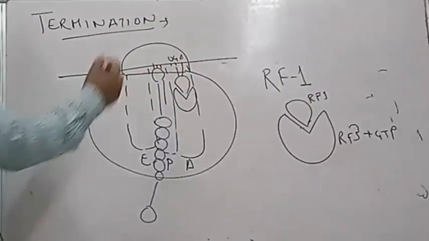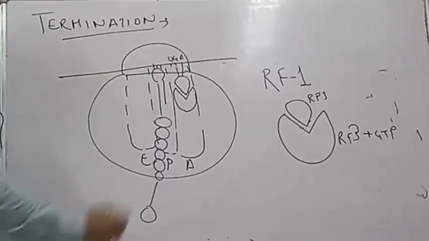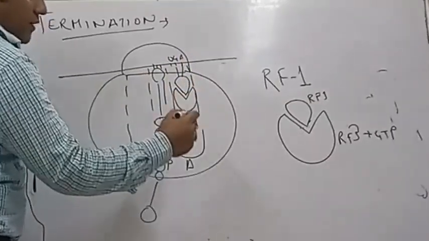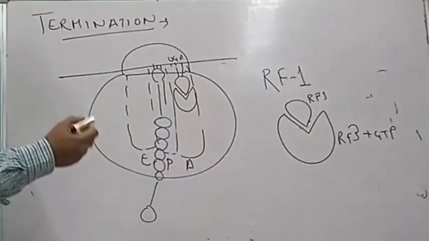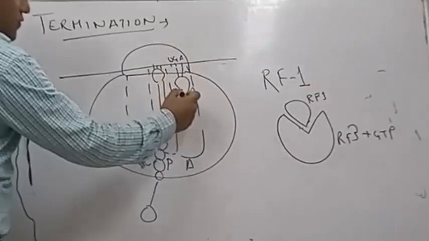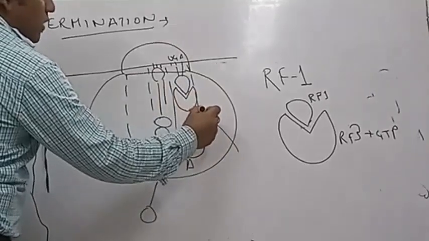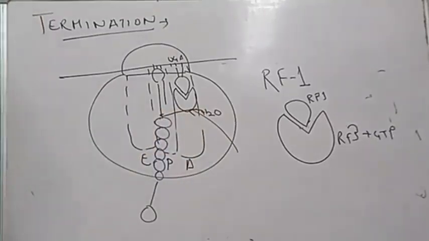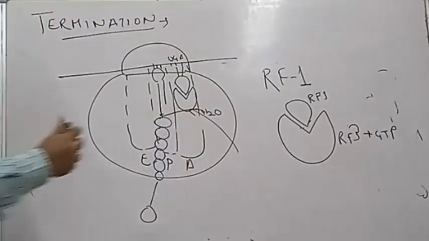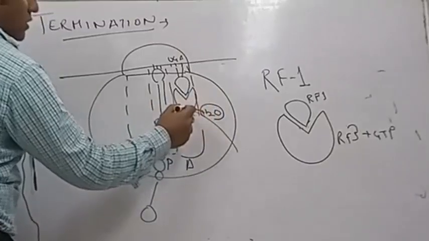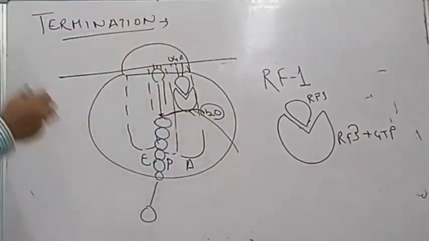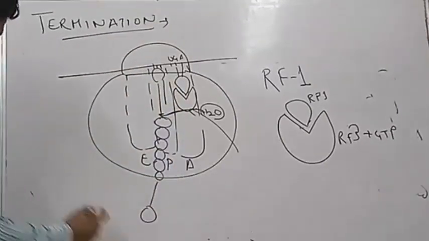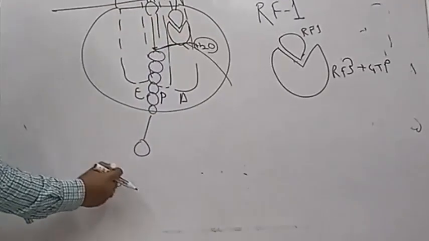Okay, but this A site now doesn't have any amino acid, the nucleophilic attack, what I have said earlier. What it is going to do is that it is going to recruit a water molecule. So hydrolytically, the same thing which occurred during the elongation process, using this water molecule, it is going to cleave this particular ester bond. As a result, the polypeptide chain will be liberated.